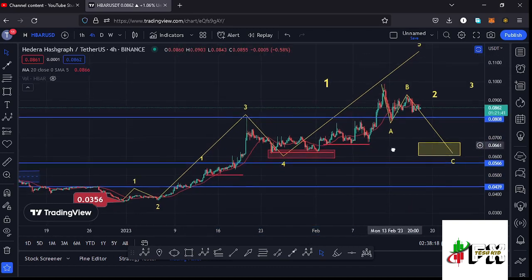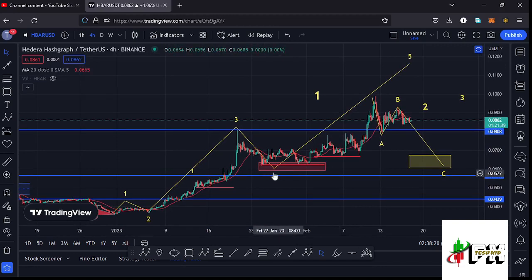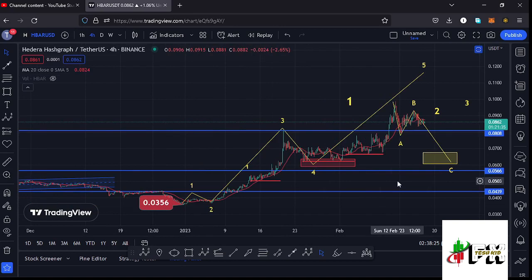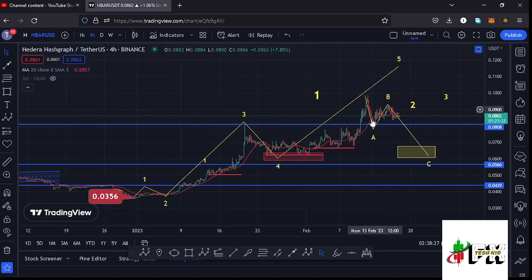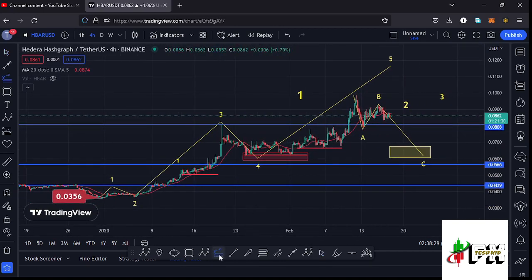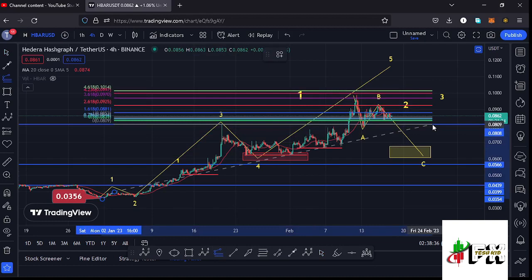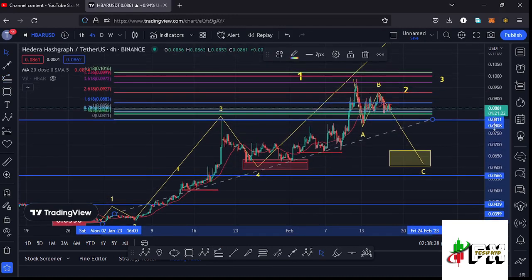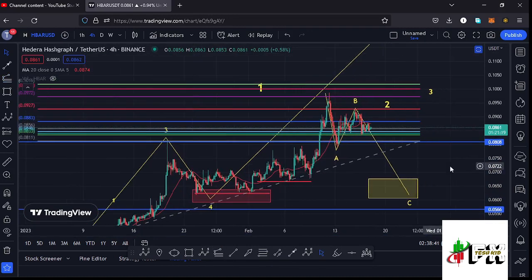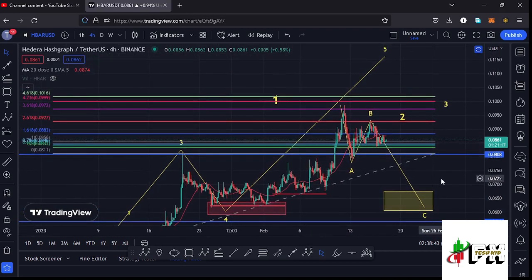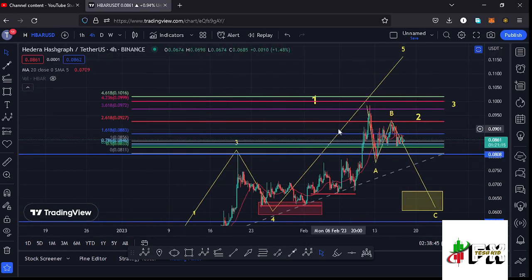And after fully maximizing it, whatever we expected next is a massive bounce to the upside in the formation of this wave 5. And to give you a minimum target area to the upside in the formation of this wave 5, by connecting the trend-based Fibonacci from the low of the first wave to the high of that wave 1, then dragging the fibs to the high of that wave 3, that gave me a minimum target area to the upside in the formation of that wave 5 at the fib level 1.618, and that is at around the $0.0883 mark, which is a target area that we fully maximized.